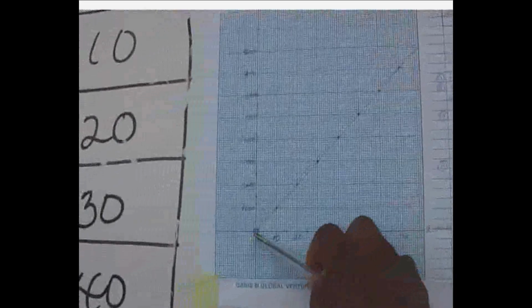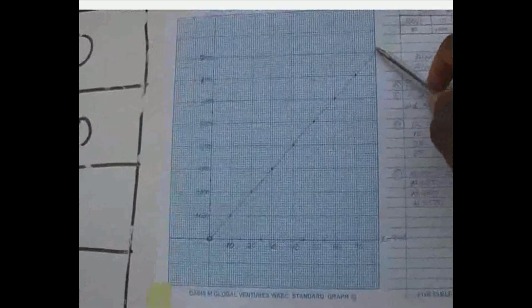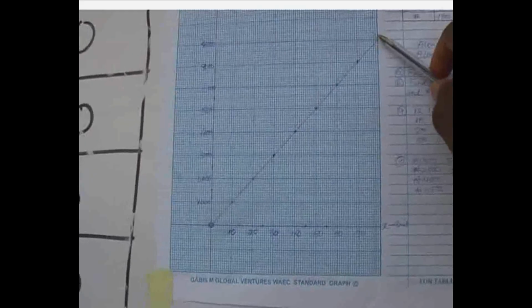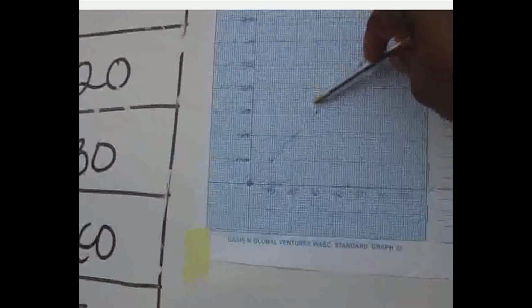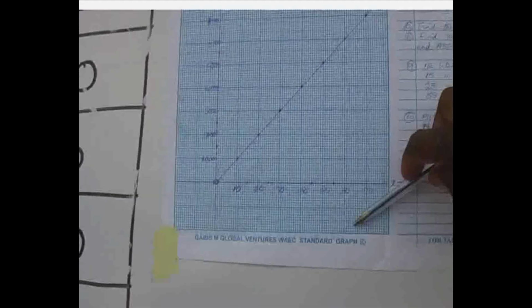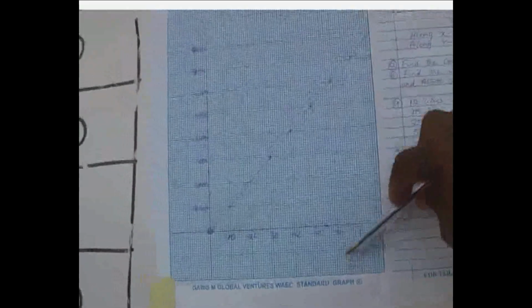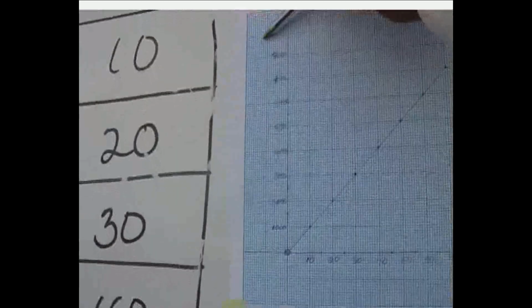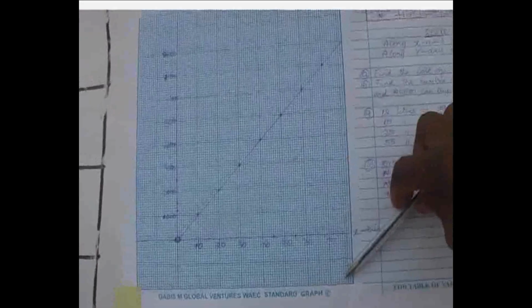So anywhere you see a graph that has this shape in a straight line, that is the graph of a direct proportion. But if it goes this way, because the one we are going to plot now, which is the graph of speed against time, you are going to see that it's going to slope down in this way, and that shows that it is the graph of an inverse